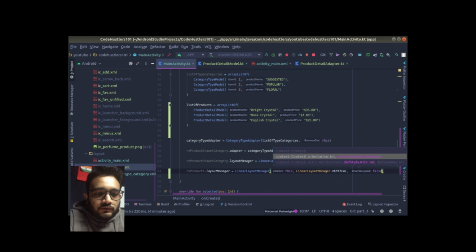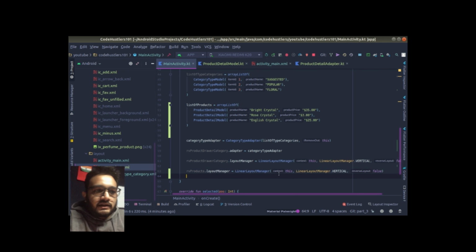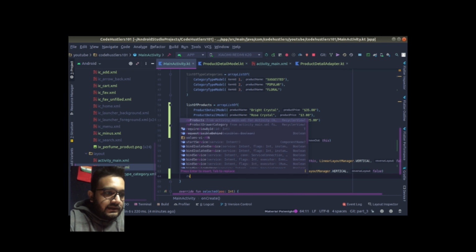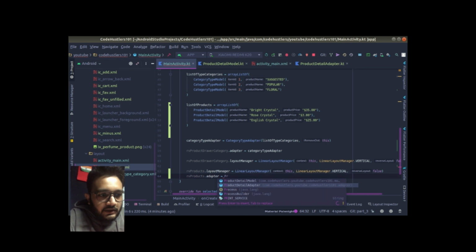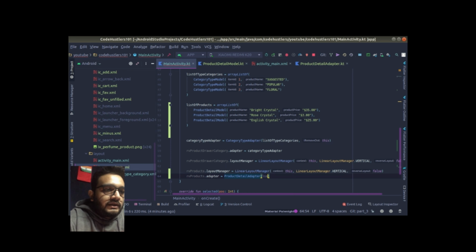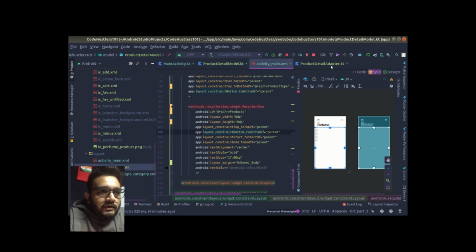So if you just use Control P, there will be a few things. Reverse layout: we do not need to start from the last item at the top and the first item at the bottom. We need the first item at the top, so we do not need this reverse layout. And orientation we already give, and there is a context, so it can get the context of it. Adapter is equal to ProductDetailAdapter, and there we need to pass this list of products. I think it's done, and now we need to use